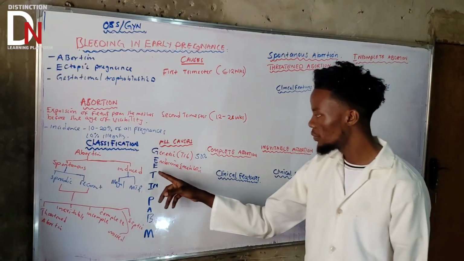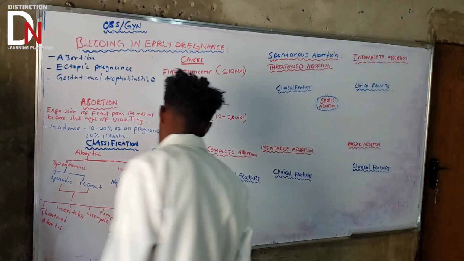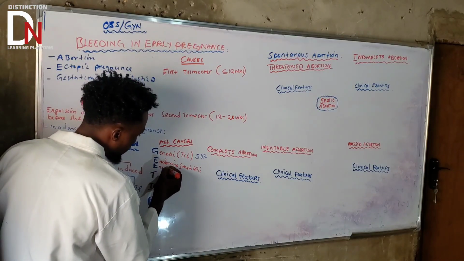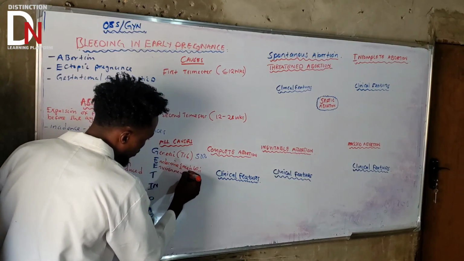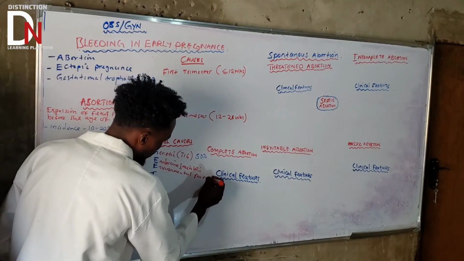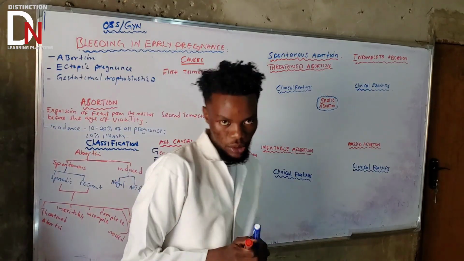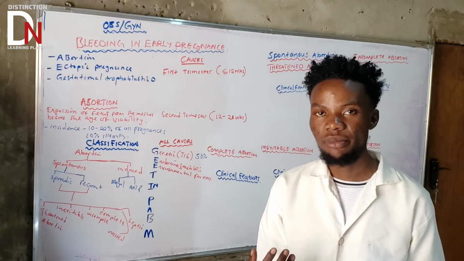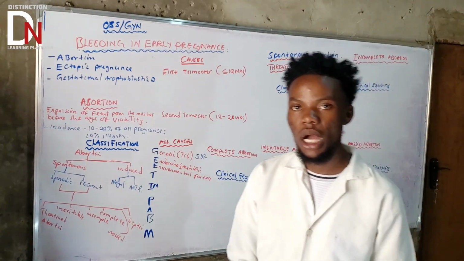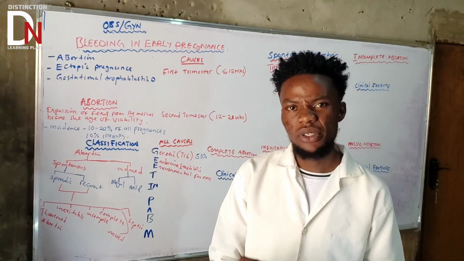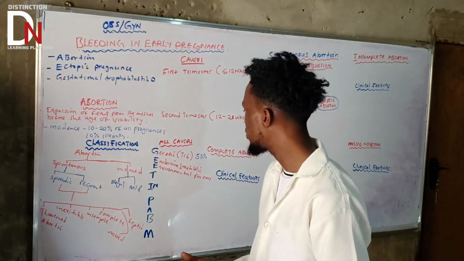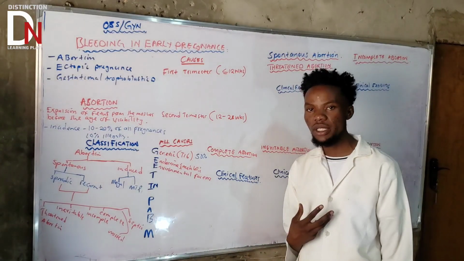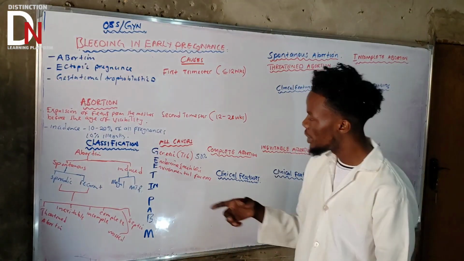Okay, let's go to the next E. E stands for environmental factors. This is the most important part now. If a pregnant woman smokes, or uses alcohol, drugs, toxins, all those things can lead to abortion as well. That's under environmental factors. Basically, it's because of the maternal part.